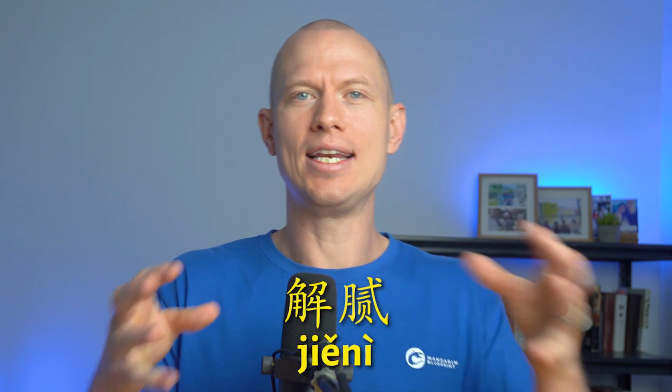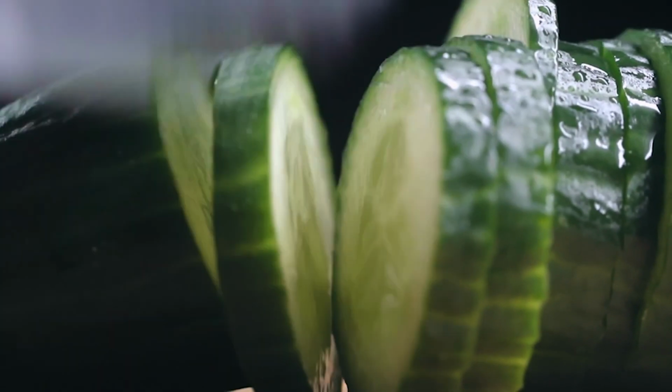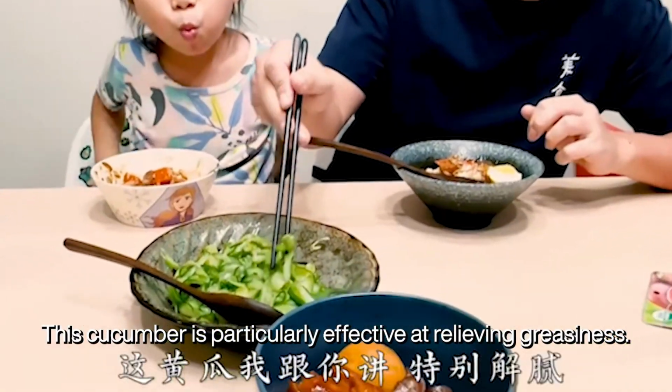Now, if you are eating something that is very 腻, it's a good idea to have some light food to help you 解腻 or relieve the greasy richness. Things like tea, things like cucumber, light, crunchy, 爽口 food works very well for this. So for example, 你刚吃了炸鸡，来喝杯茶解腻吧。这黄瓜我跟你讲，特别解腻。